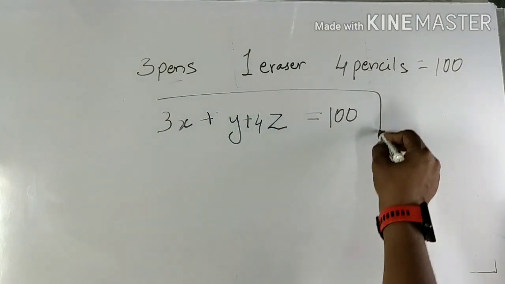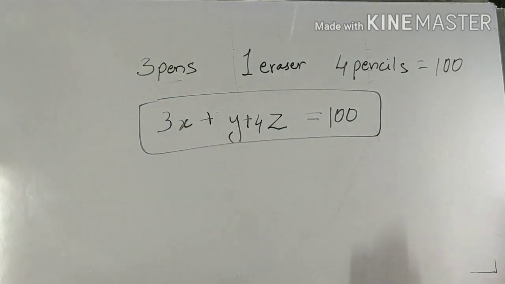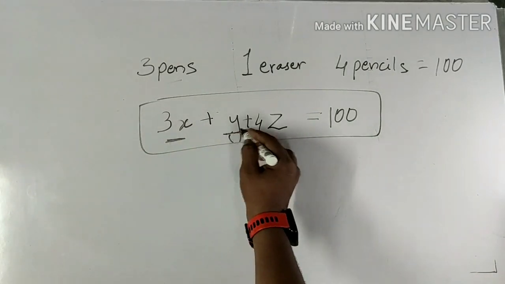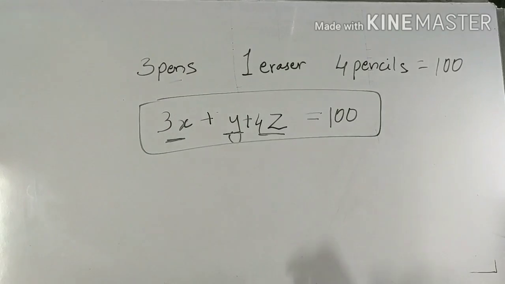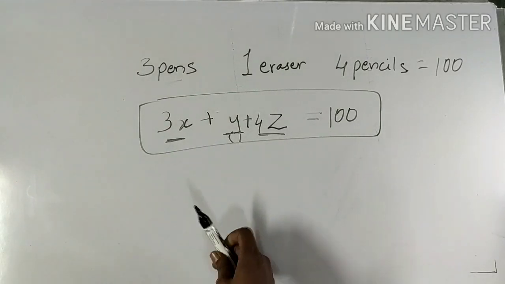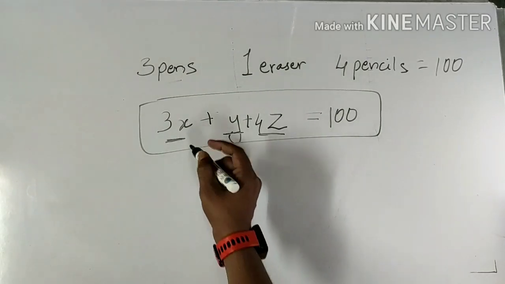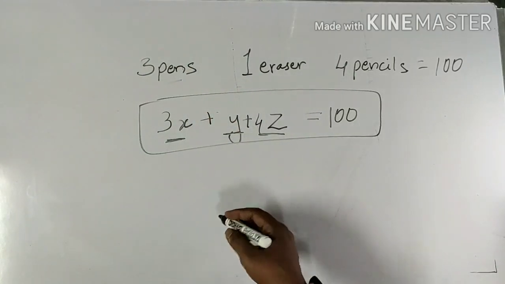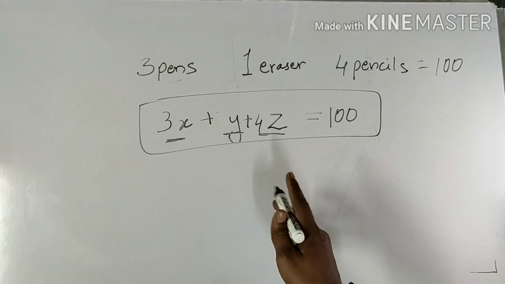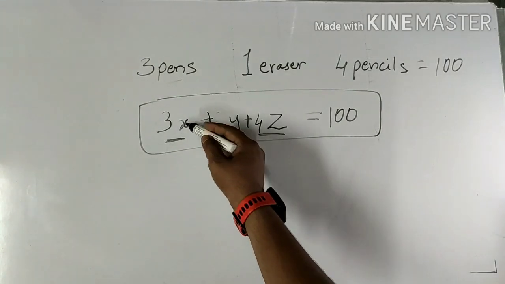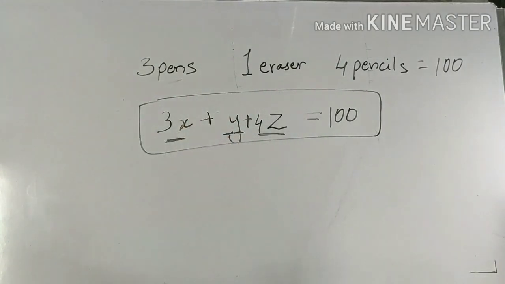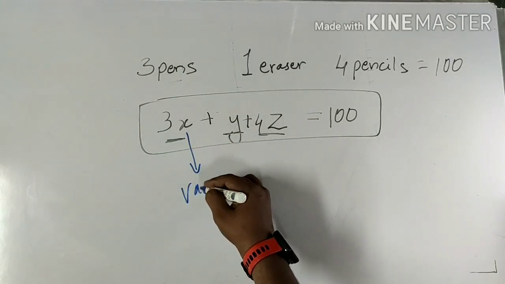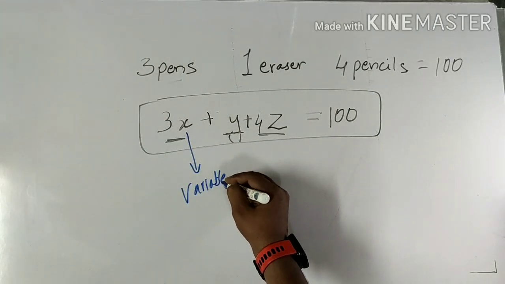So this is the mathematical representation of the data, which has terms like these. Okay, these terms are nothing but variables. Why? Because it has alphabets that can take value ranging from 0 or 1 till infinite. So the values of these alphabets vary, hence those are called as variables.